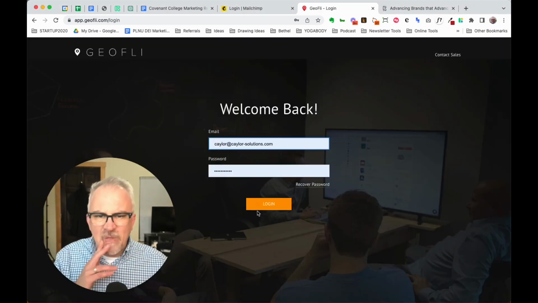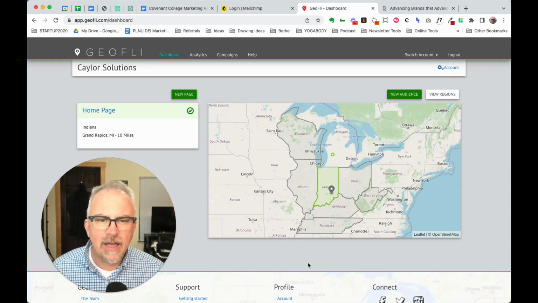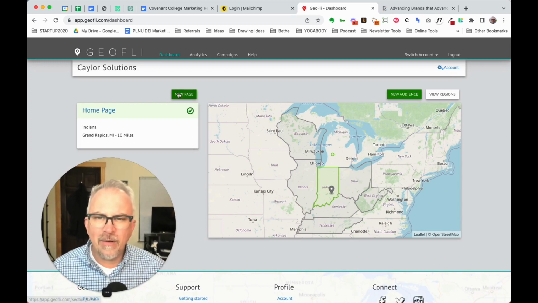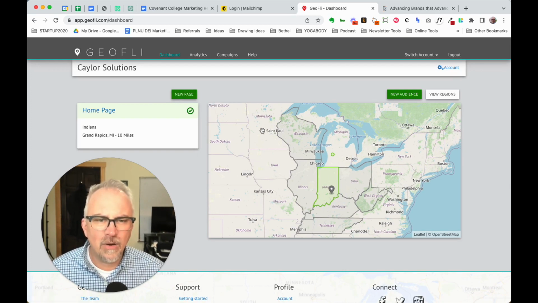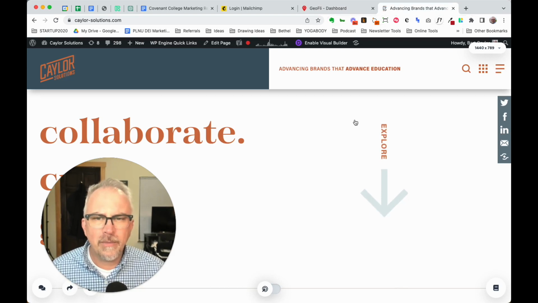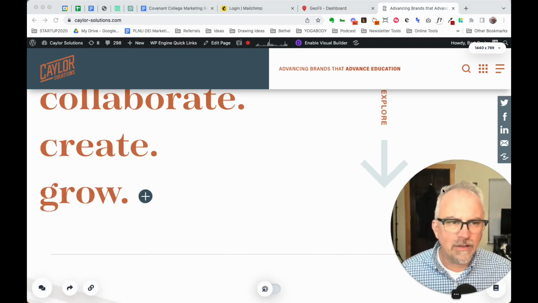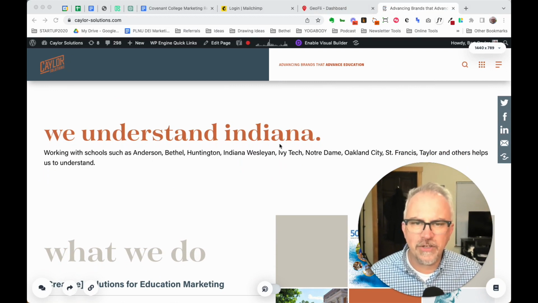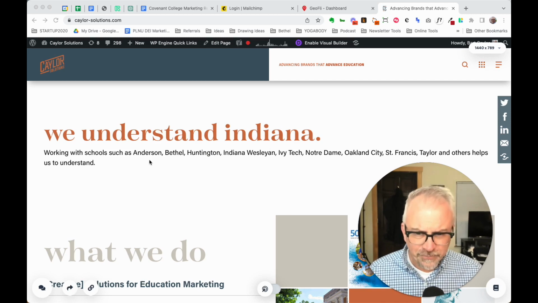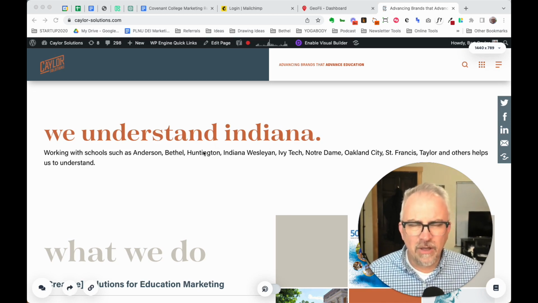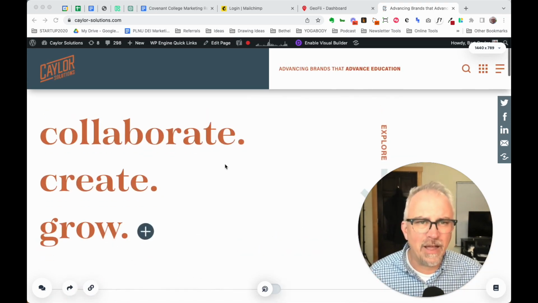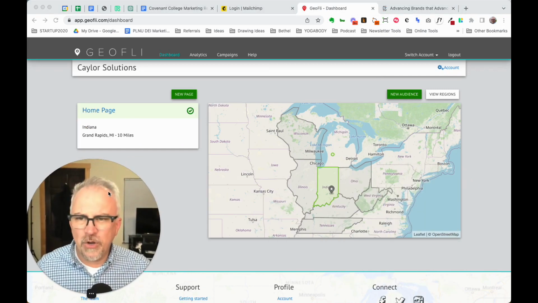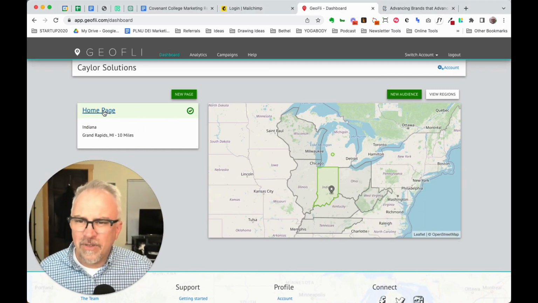If you log in, you're going to get to the login screen. Once you have an account, you'll have the ability to go in and create new pages anywhere on your website to customize content based on where your user's coming from. On my current website, if you scroll down, there's a section that says We Understand Indiana, and I show off some of the schools that we work with here in Indiana. That's based on the fact that the program knows I am accessing the website from Indiana based on my IP address. So the way that works is that when you come into GeoFli, you can create this home page,